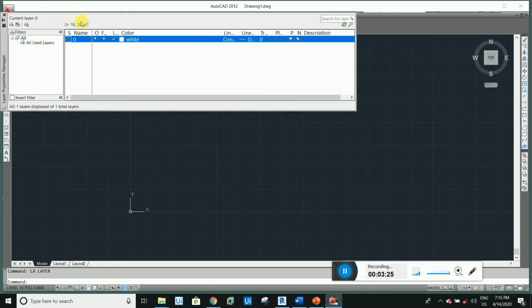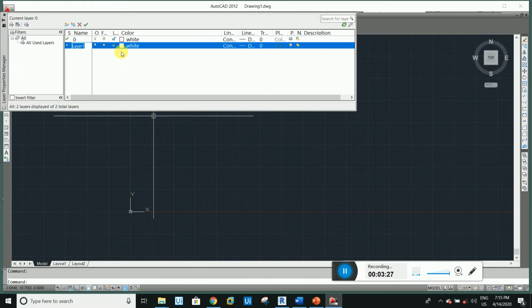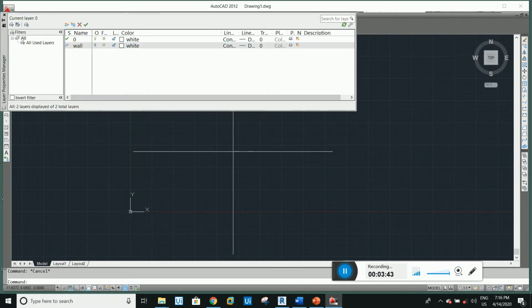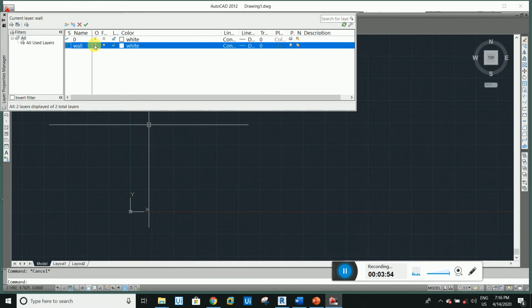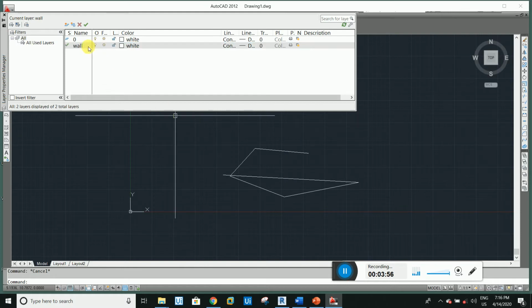If you want to create a layer, you create it here, and now you see the layer is created. You can give it a name, like I want to create a wall layer, and you can hide or unhide, freeze or unfreeze it. This is the hide button. If you hide this layer and create any object in that layer, the object is not visible, like see. So the layer is already hidden, and when you unhide it, the object becomes visible again.